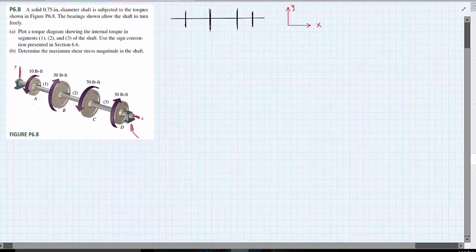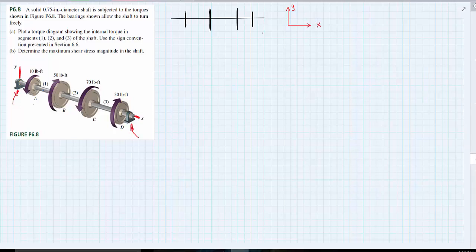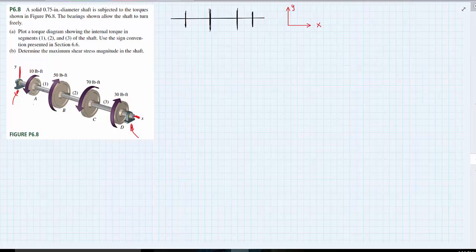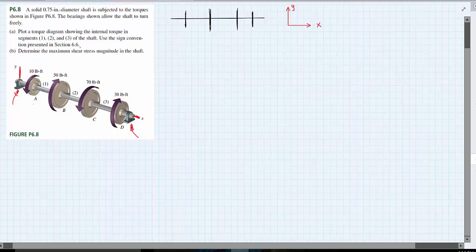the bearings here on the ends. This bearing here and this one here. I'm not going to draw those on our diagram just because they don't resist the moment or the torque that's acting in the shaft, and won't help with computations. So if we remember the sign convention from section 6.6, using the right hand rule,